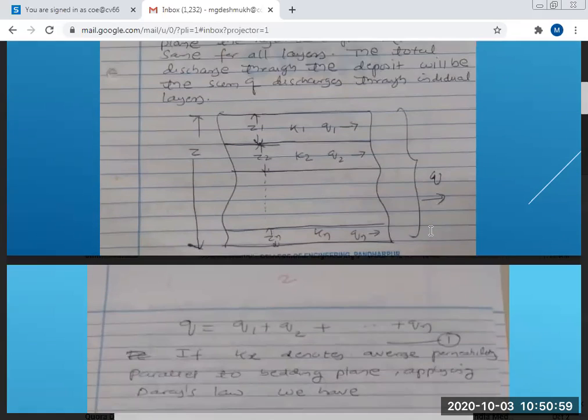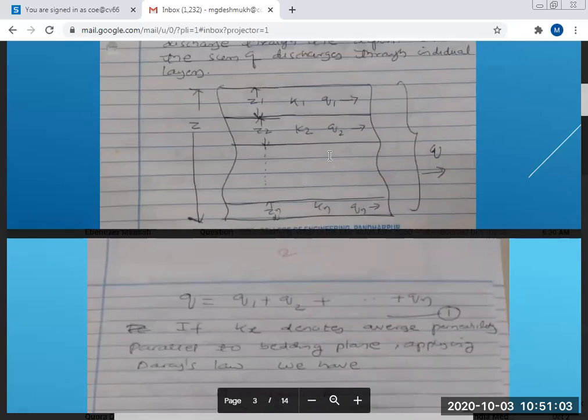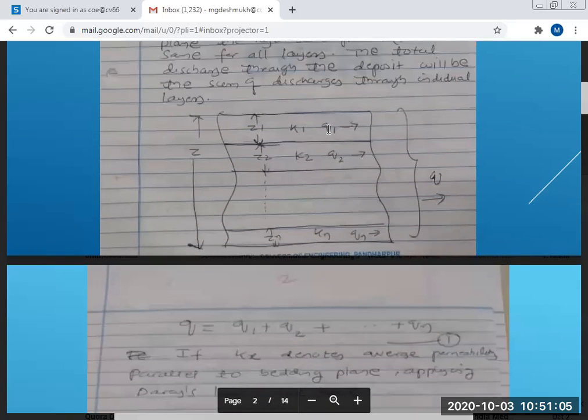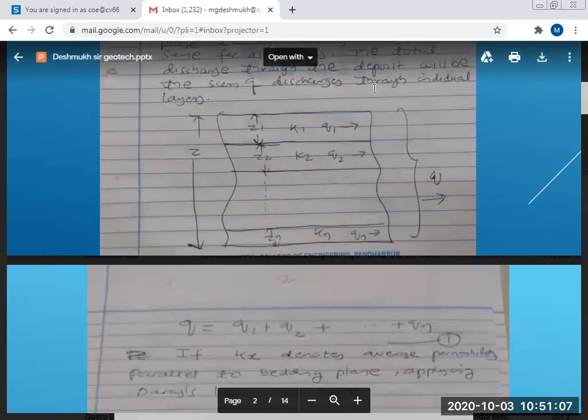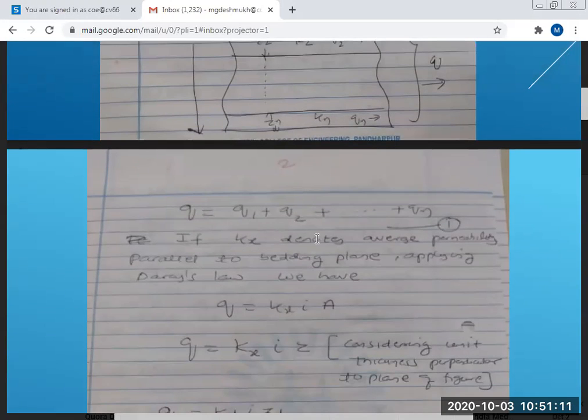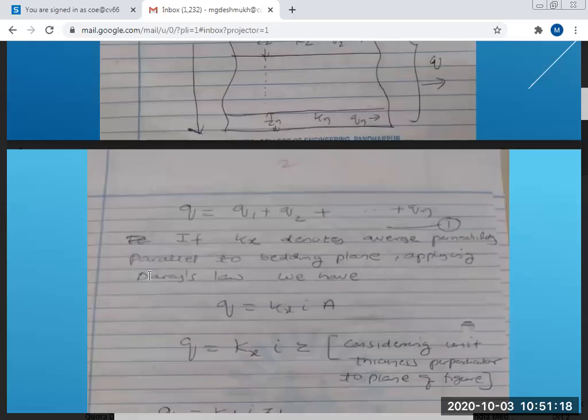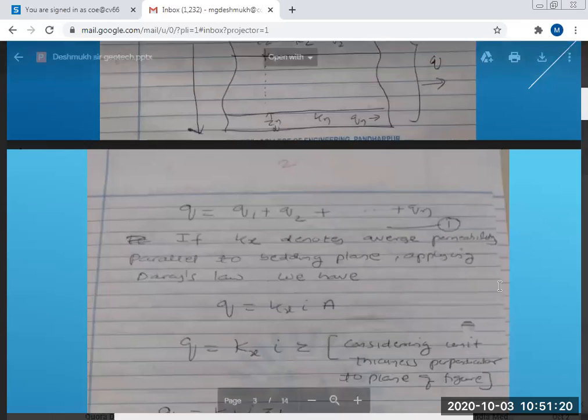Yes. Now, what is the concept here? Total discharge Q is equal to the sum of discharges through 1, 2, 3 up to N. So Q is equal to Q1 plus Q2 up to Qn. This is equation 1. If Kx denotes the average permeability parallel to the bedding plane, applying Darcy's law, we have